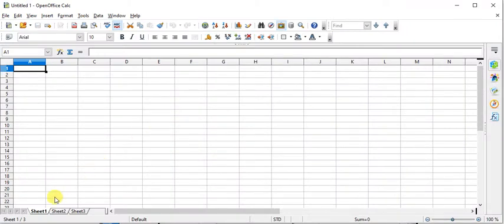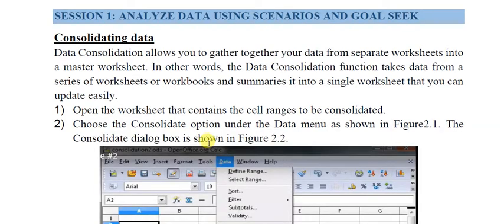So these are the worksheets: sheet number 1, sheet number 2, sheet number 3. So suppose you have some data on sheet number 2 and some data on sheet number 3, then you can consolidate this data from these 2 sheets in this sheet number 1. Okay, so this is called consolidating data.